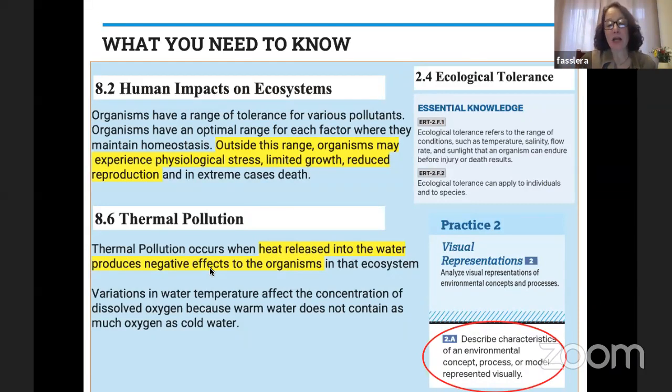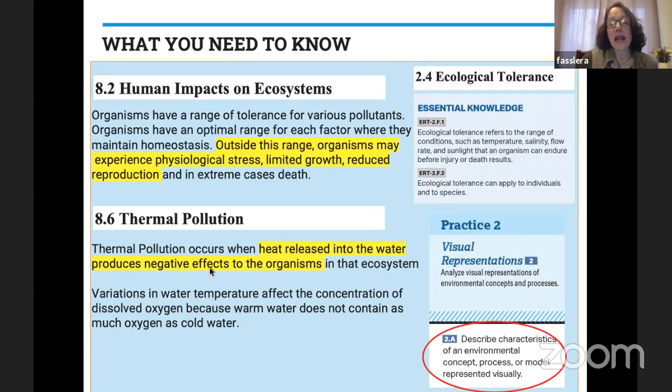What we're looking at right now is this idea of range of tolerance. That probably sounds a little familiar to you because, oh look, back in 2.4 you did ecological tolerance. It refers to the conditions, such as temperature, sunlight, pH, that an organism can withstand. Note that all of those are abiotic conditions. So again, we're just reiterating a lot of the content that we already learned way back in Unit 2 in ecosystems, looking at basic ecological principles.